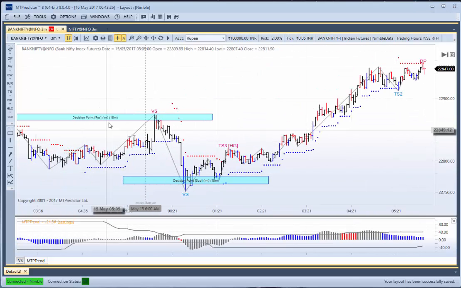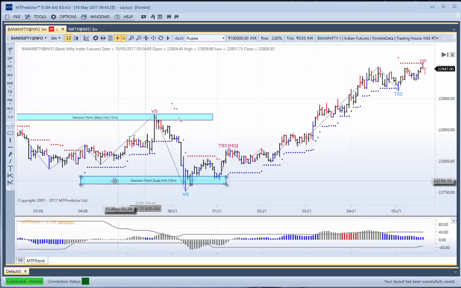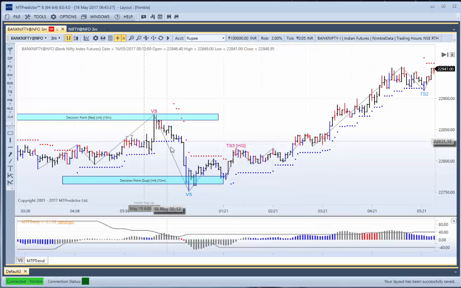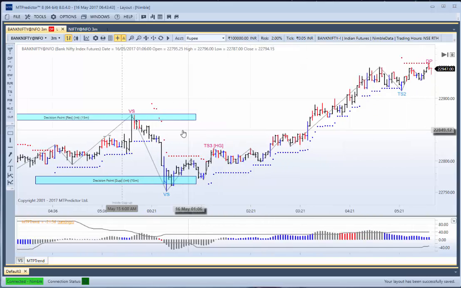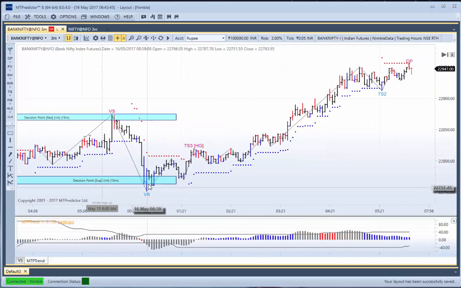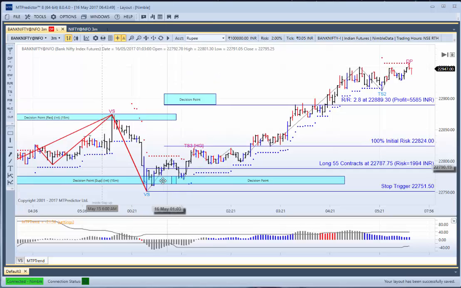And here you can see our 15-minute DPs on your 3-minute chart. As you can see, caught that high there beautifully in and around where your first VS sell setup came in. Market came down into large degree support, in which your next VS setup, a buy in this particular case, came in. So this then helps you when you're in this particular trade, when you get this Holy Grail TS3